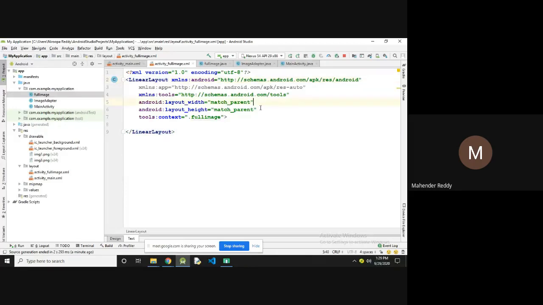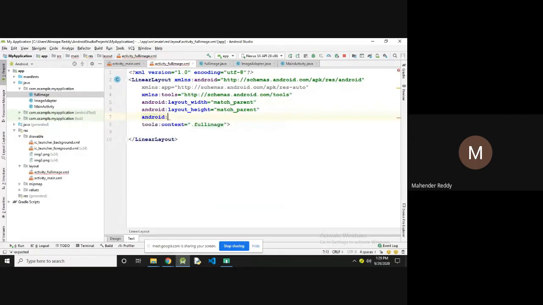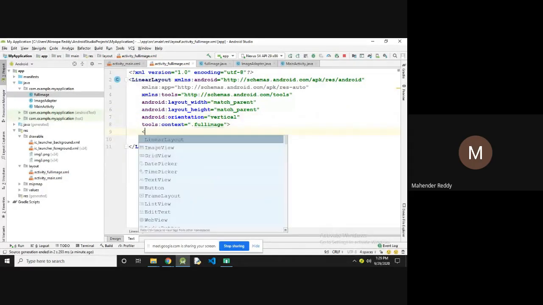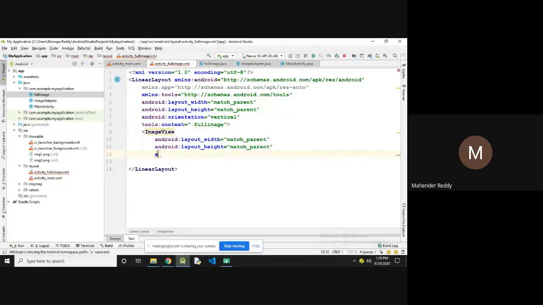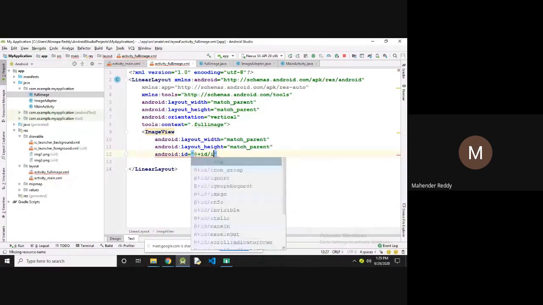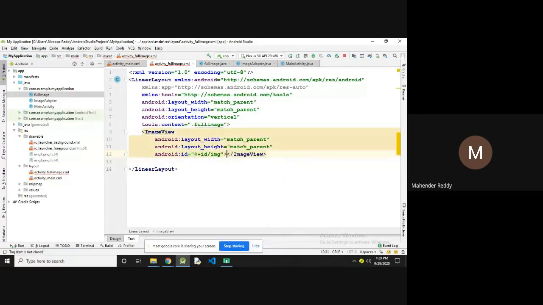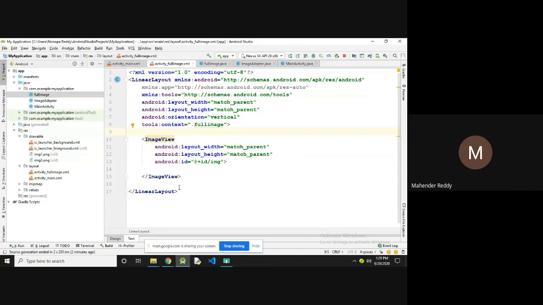Here I'm assigning the orientation vertical, and the ImageView width and height match parent, and the android id is img. This is an ImageView to display each image in full screen.